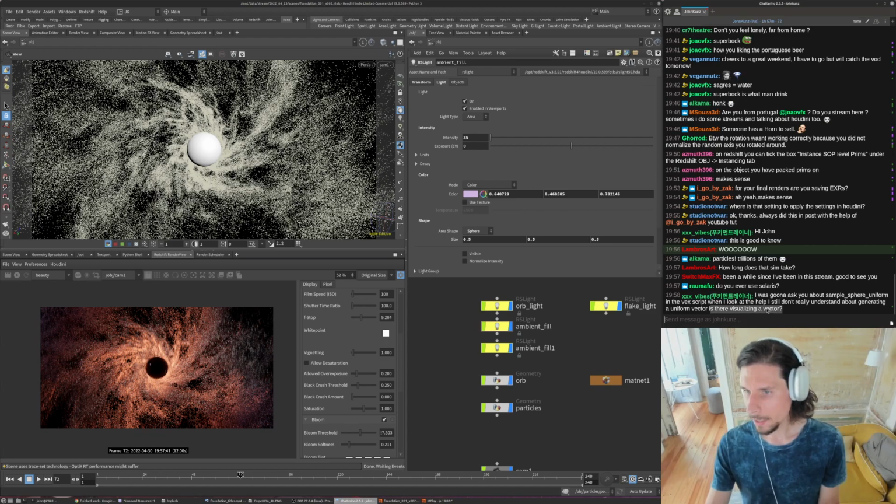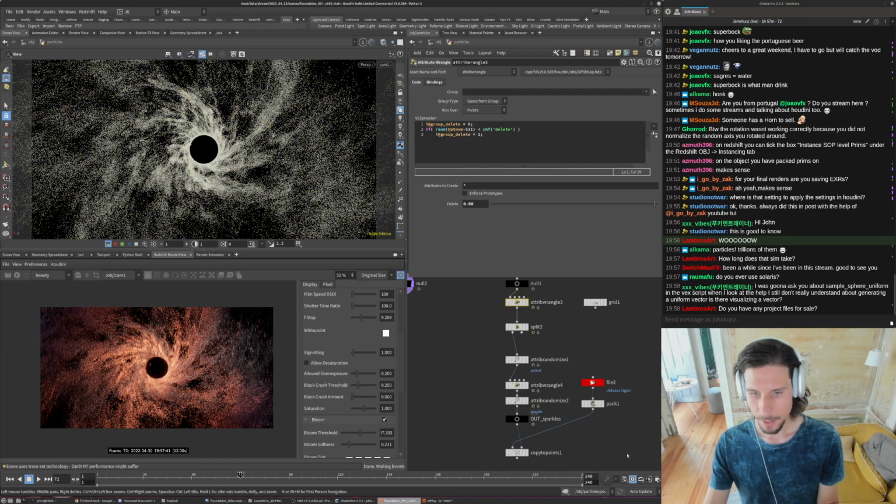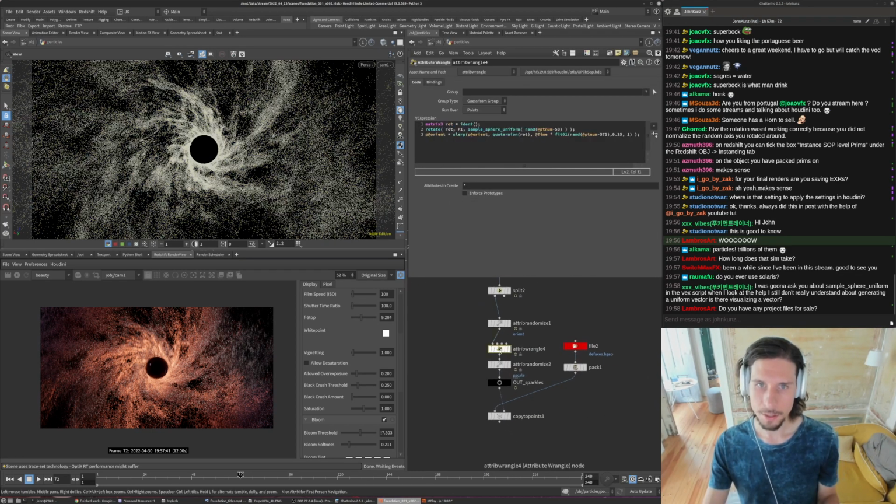Is there visualizing a vector? Yeah, I mean, with the sample sphere uniform stuff, like all of those functions, I usually just use the